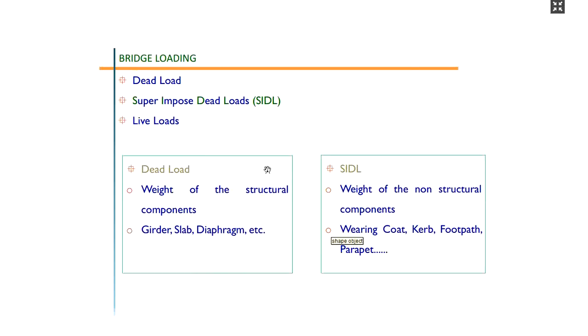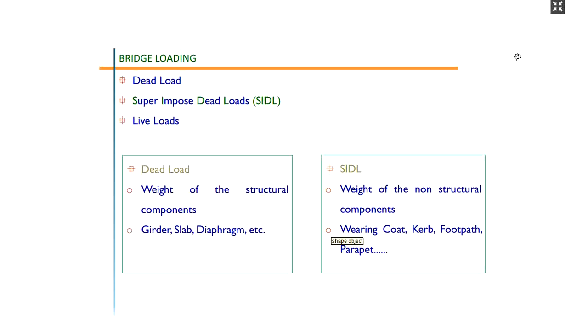So basically the bridge is going to be subjected to different types of loading. One is the dead load, and the superimposed dead load is important for us, so we are going to take that, and also live load is more important. Apart from that, wind load, earthquake load, and other types of load. If it is a river bridge, then hydrostatic load is also going to act. But this loading requirement we have already studied.